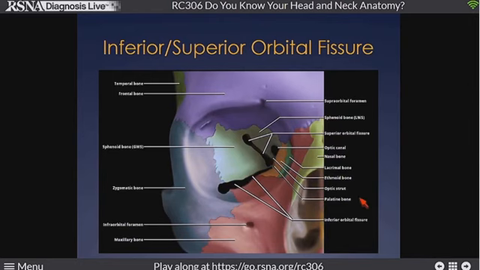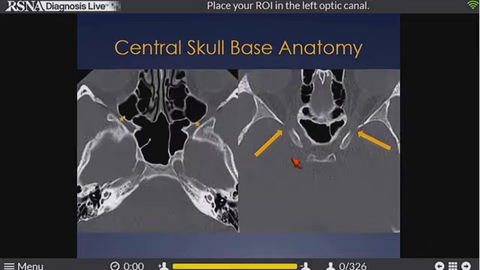Now the orbital fissures and the optic canal, again, much better seen from a coronal perspective. So we can see the optic canal and we can see the superior and inferior orbital fissures. The inferior orbital fissure is very conspicuous on imaging, easy to see, filled with fat, not much else happening there. The superior orbital fissure a bit more complicated. Now when I think about this anatomy, it's very clear to me that's a boomerang. So I'm looking for that boomerang that is going to be just lateral and inferior to my normal optic canal if I'm looking at CT, or the optic nerve when I'm looking at MR.